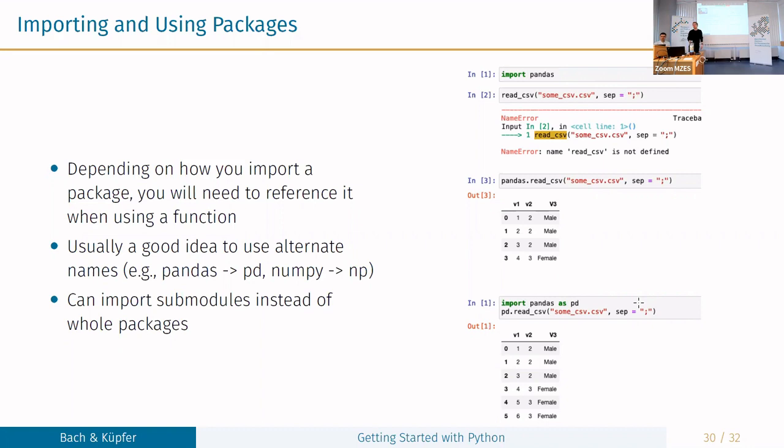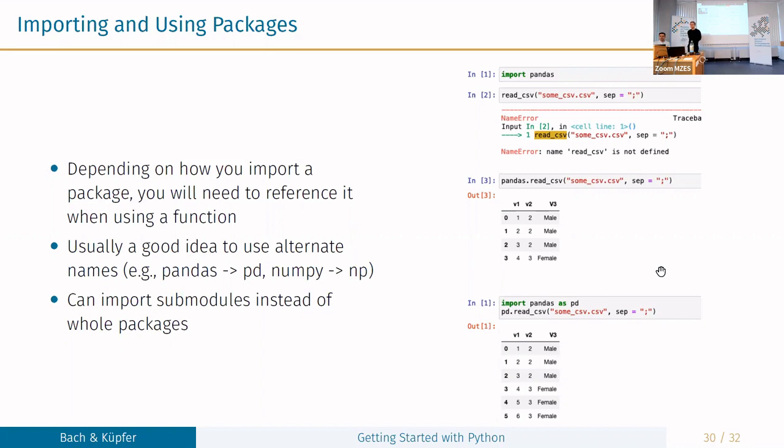An alternative, and what you see all the time in code, is that people import a package and then give it an alternate name. Typical names, for example: pandas is usually pd, NumPy is np, TensorFlow is tf. It's just some kind of shortcut. Instead of saying pandas.read_csv, we can call this alternate name and say pd.read_csv. Sometimes it makes us know where a function comes from, how it behaves, and it helps us organize our code. And so we always have to do it this way?